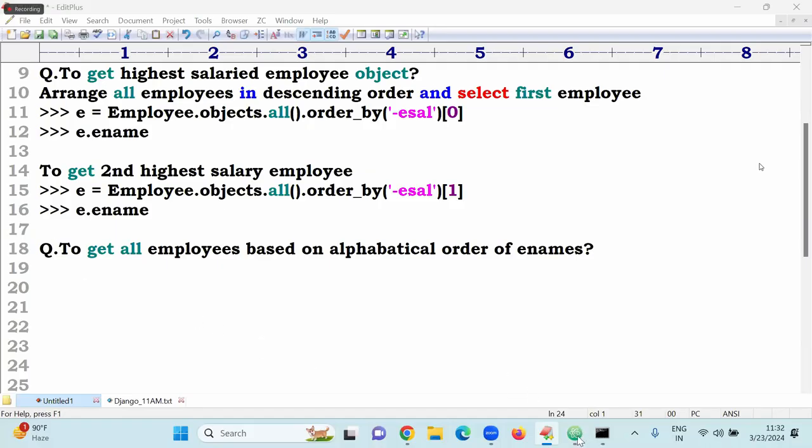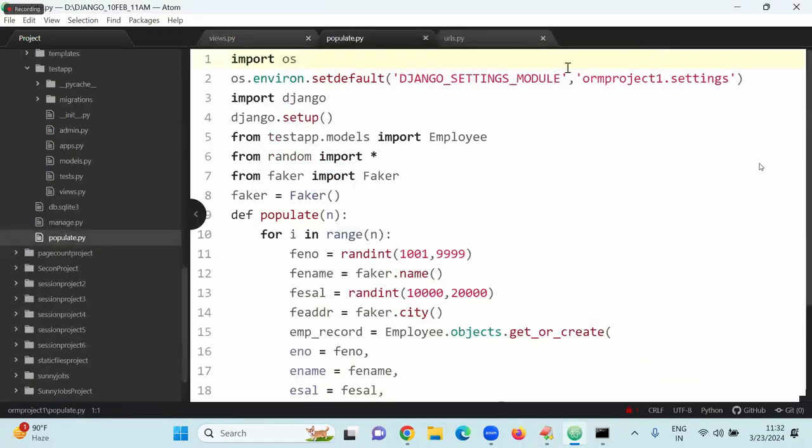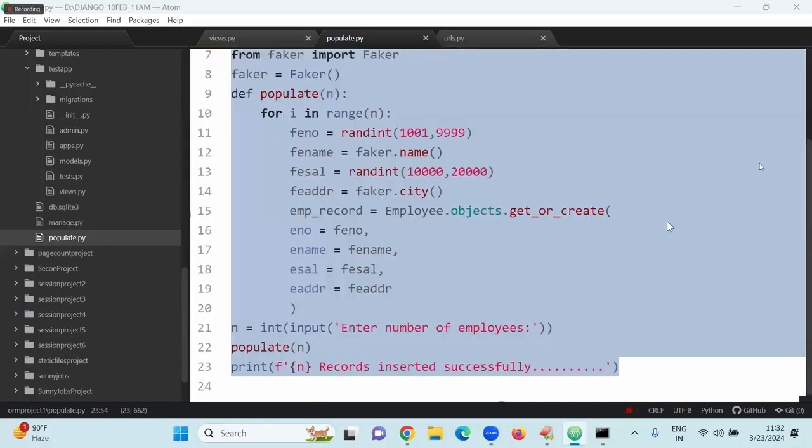Populate.py file, already so many times I explained. Why are you asking this one? In FBB project I am telling. This is the code in the populate.py. Create one file. Then automatically you will get it. This code, take one populate.py file, execute, then data will be inserted. So now,